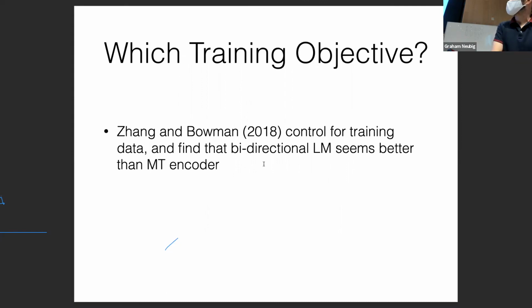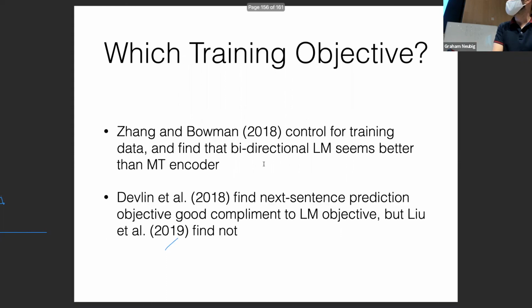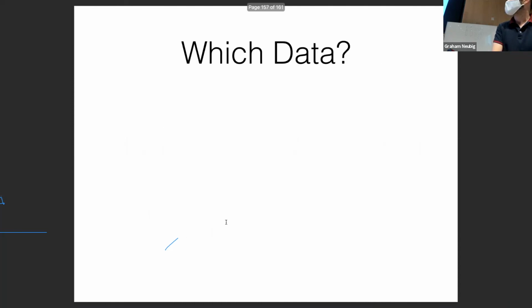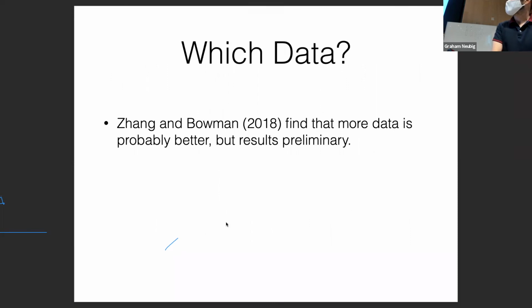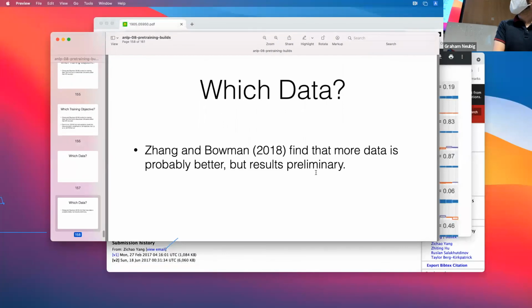Zhang and Bowman control for training data and find that bidirectional LMs seem better than MT encoders. Devlin finds the next sentence prediction objective to be a good complement to the LM objective, but the RoBERTa paper actually didn't find that result. Another thing is which data should you train on? There's a paper by Zhang and Bowman that finds more data is better. I actually forgot to add this paper